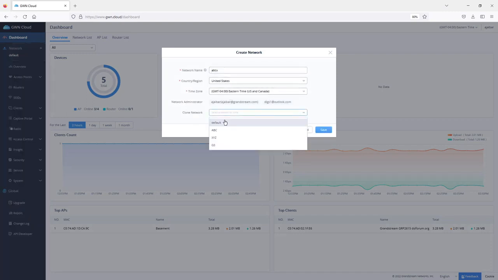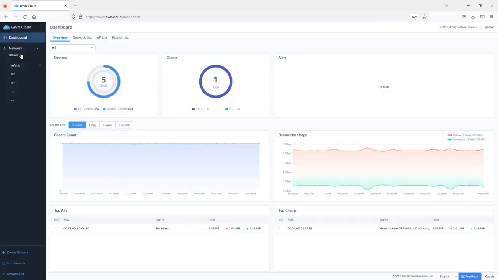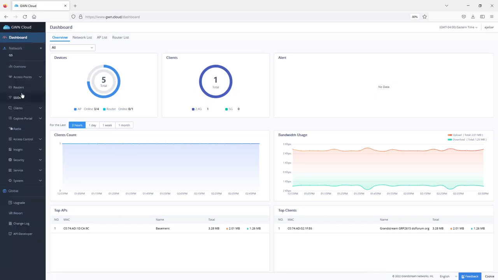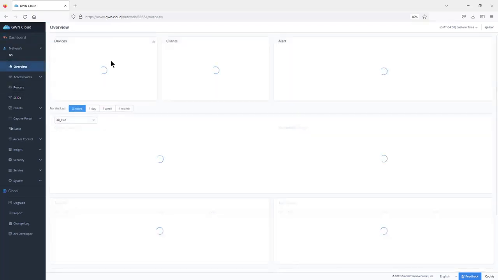The clone option allows you to clone settings from another network to the one that you're about to create. So I will not use any cloning, then save. Once you create the network, you will see it available here. For this demonstration, I will use this network, which is GS. So after you select the network, you can go to the overview so you can have a dashboard with information